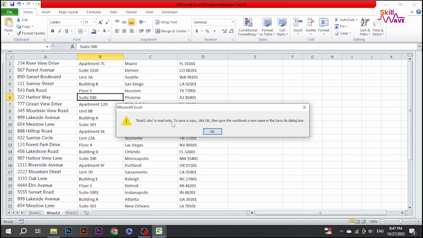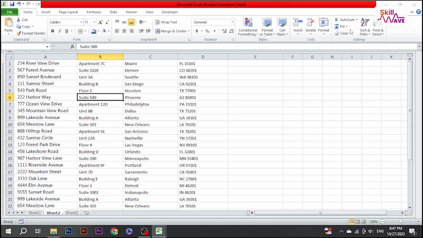When an Excel file opens in read-only mode, it means you can view the file but not make any changes. The most common reason for read-only mode is file permissions. Check the file properties to see if the file is marked as read-only or if you lack the necessary permissions